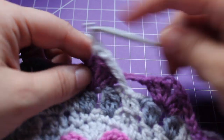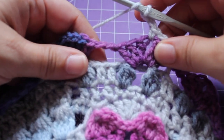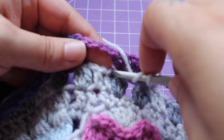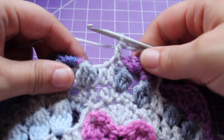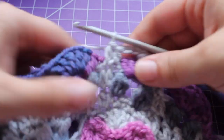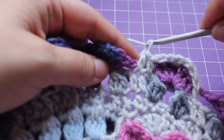Chain 2, 1, 2, work a half double crochet in the next 2 skipped stitches from round 45. So right in here we have these 2 half double crochet right here. We're going to work a half double crochet in each of them. There's 1, 2. Now we have a little repeat that we need to do a total of 3 times, which is to chain 2,